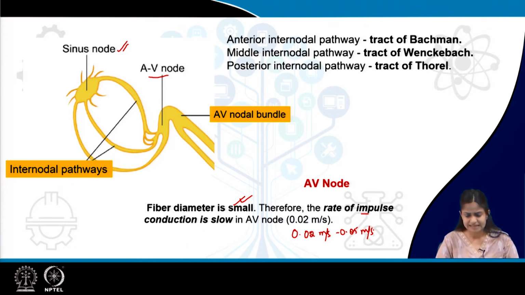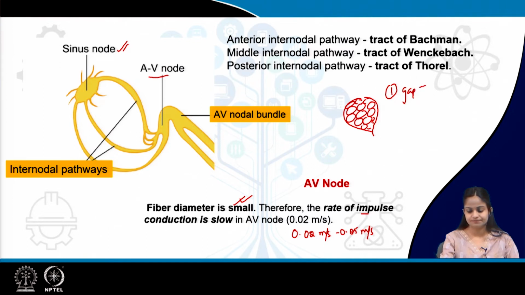Now, why is the conduction at the AV node slow when it is also one of the nodal tissues, just like the SA node? If I draw the AV node simply, this AV node consists of various cells. The AV node also consists of various P cells. The first thing is that in the AV node, the gap junctions